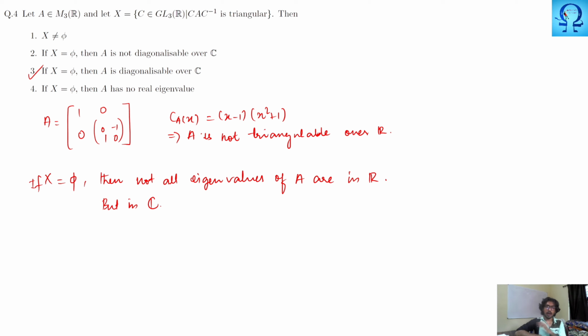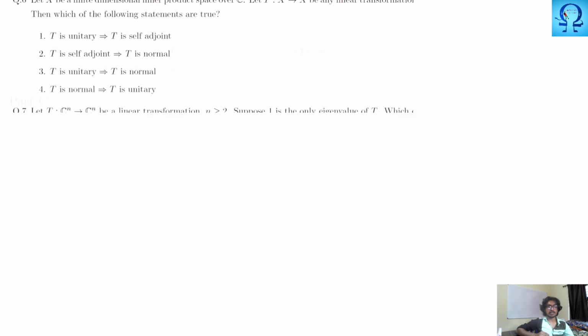So all the three roots are different. Hence the characteristic polynomial is the same as the minimal polynomial, which will have three linear factors over C. Hence it is diagonalizable over C. And when this is the case, it will have only two eigenvalues in complex. One will be real only. So option 4 is also false. But actually this question was asked in part C, and still only one option was right. Okay, moving to the next question.